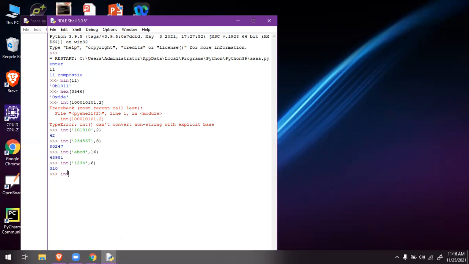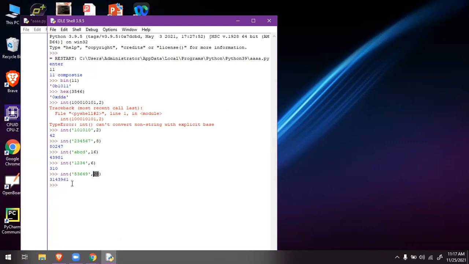You can write any type of values here. 536 some number comma 28. I'm taking the base value as 28. If I hit enter, you will get some decimal value, something like 314.